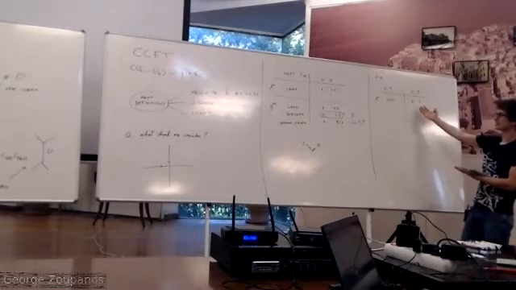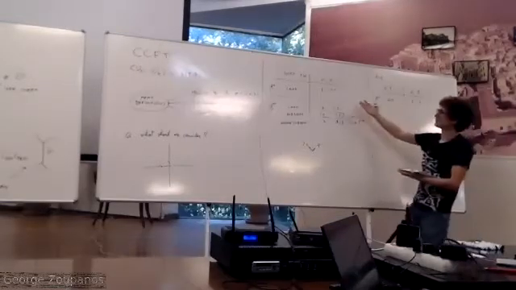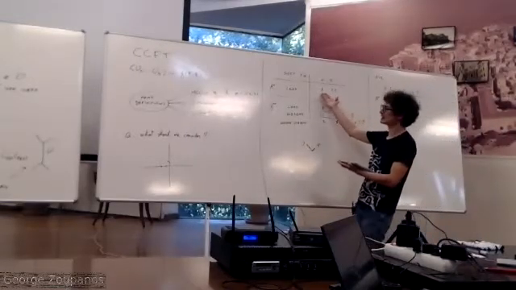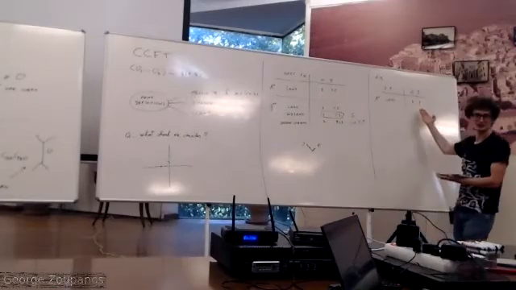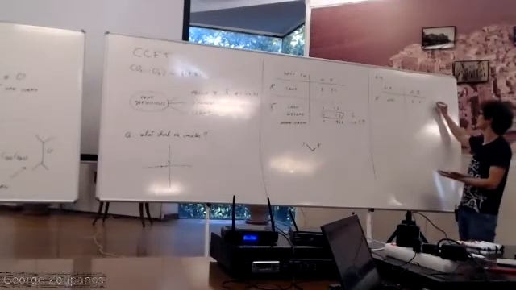And so this operator, I mean, while here you could recognize this as a conserved current, this operator is just not. So this is something a bit